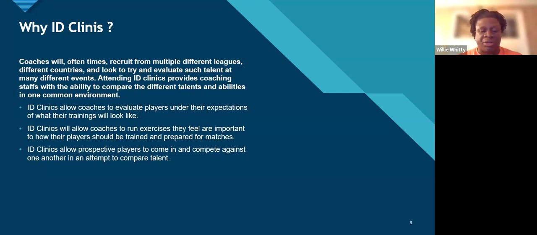And be very careful. Your kid, your player, having an idea, starting to figure out what they want out of their experience is going to be truly helpful. You do not want to run around and do 100 ID clinics. You just want to really focus in on the ones you think are going to be beneficial to your player, or ones that are really on her list, the target list of schools. They can get pricey and they can get very daunting in terms of the travel, depending on where you're going. So that questionnaire comes into play here, really focusing on what these kids are looking for. And it might be a process. It might take some time. That's why I recommend don't rush to that ID clinic stage without really having an idea of what it is your player is looking for.